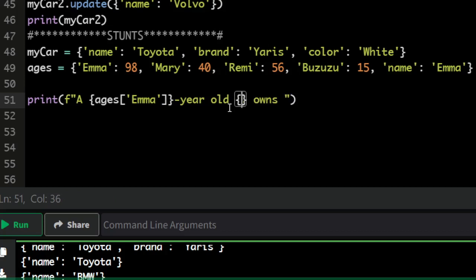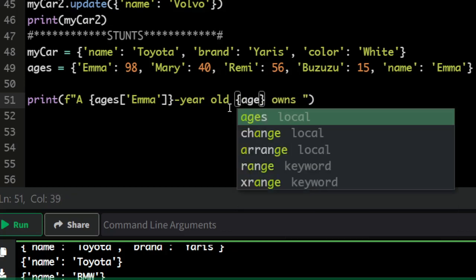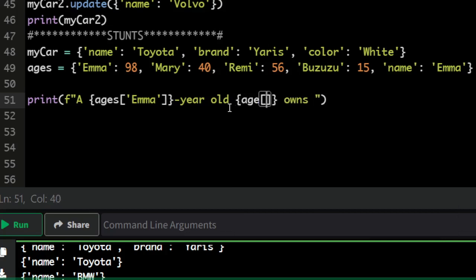Instead of putting IMA, I will say ages, open a square bracket and put the key there, which is name. When I put the key there, it is definitely going to fetch IMA out for me. So, a 98-year-old IMA